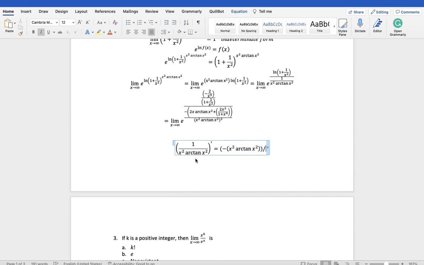And then all of this is divided by the denominator, x squared times arctan x squared,